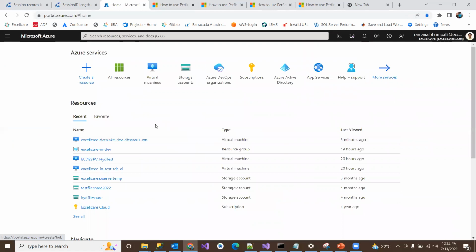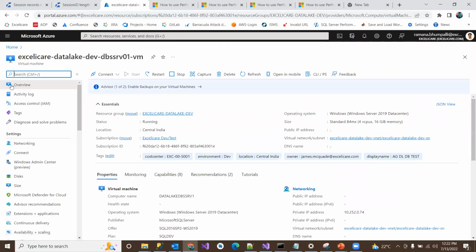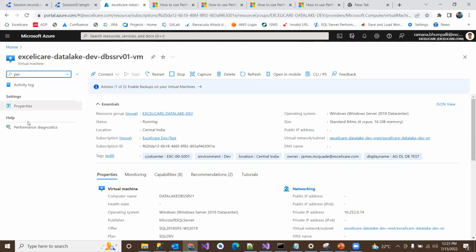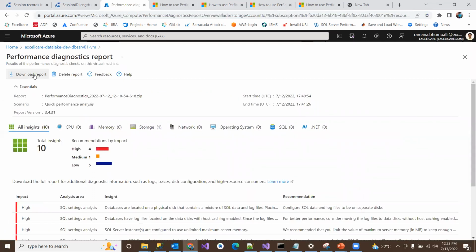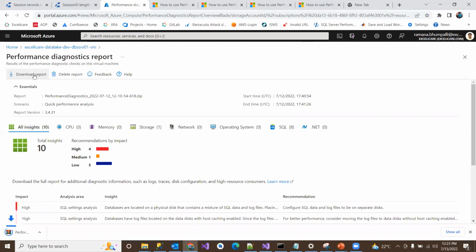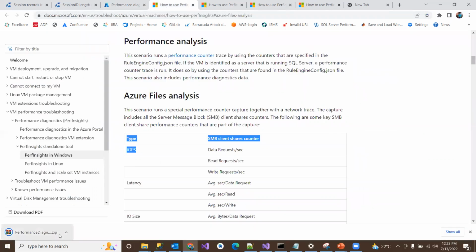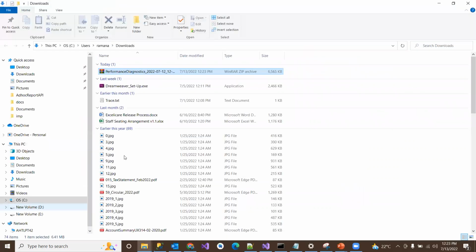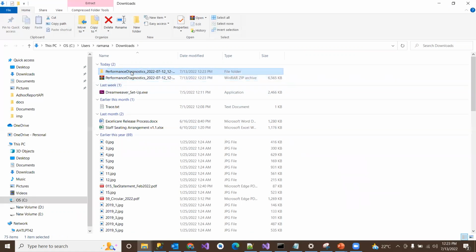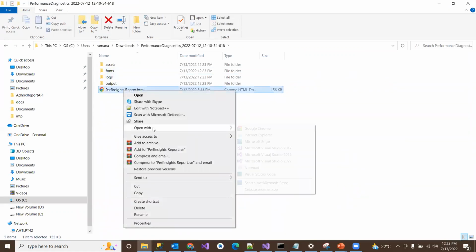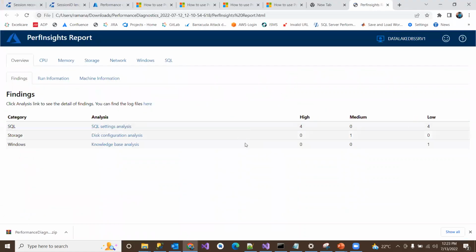I'm going to download it if I need this. I'm going to download it and I can see what is happening. I'm just selecting and download report, so that it is going to download onto my machine, and I can directly go and see my report here. It is still downloading. Yep, it is downloaded, and then just extracted. If you extract it, you'll see the HTML file here, and you just open it. This is going to display what we have